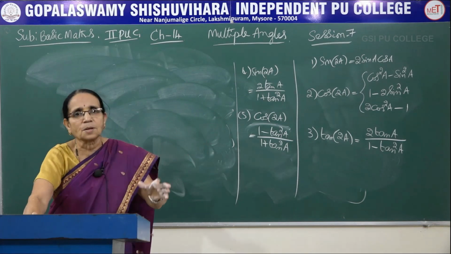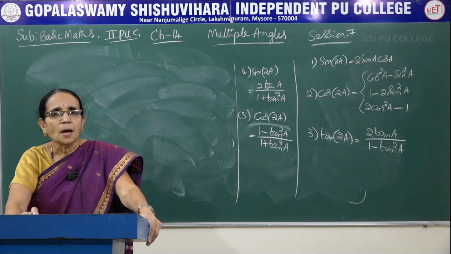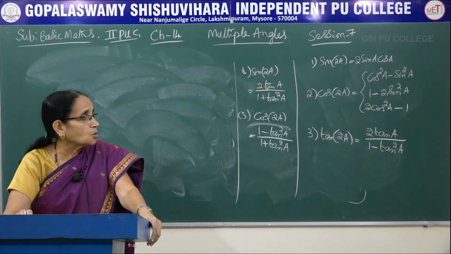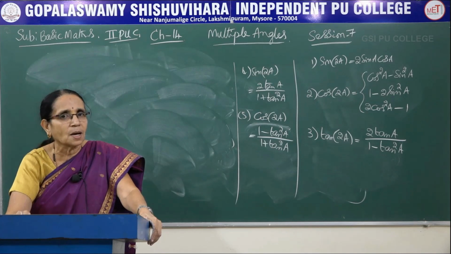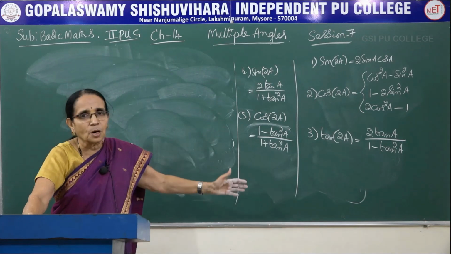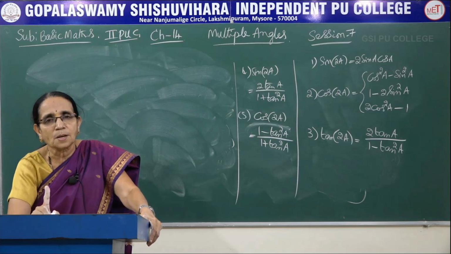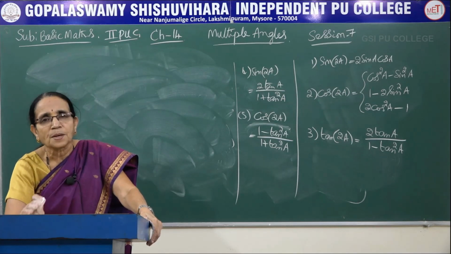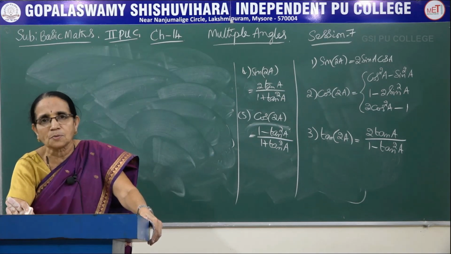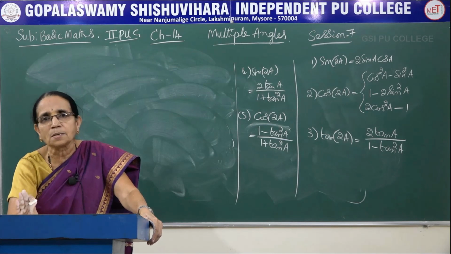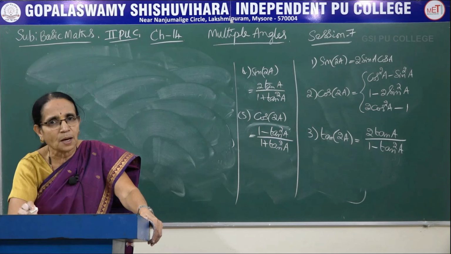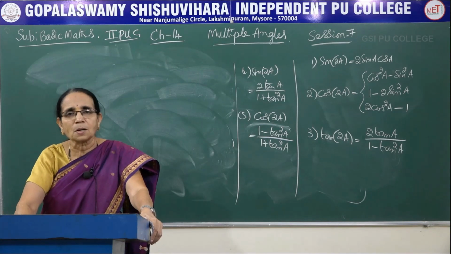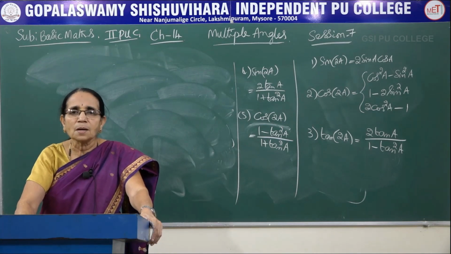So in the next session, I am going to teach you about the trigonometric ratios of sine of 3a, cos of 3a and tan of 3a. There we will not be having so many formulas, because each one is expressed only in one way. Sin 3a would be purely in terms of sine, cos 3a would be purely in terms of cosine, and tan of 3a would be only in terms of tan. That would be given for a 3-mark question. We will take up that in the next session.